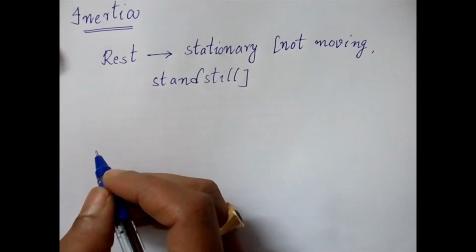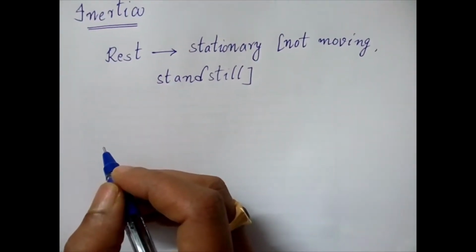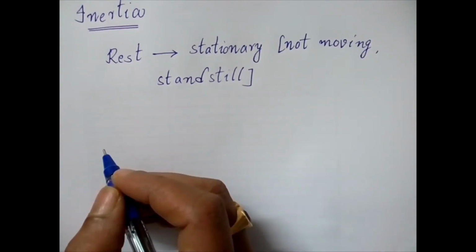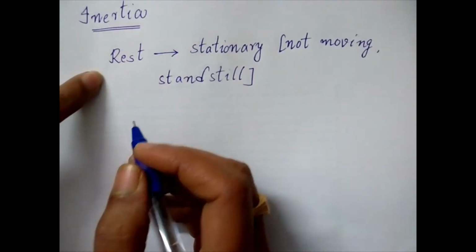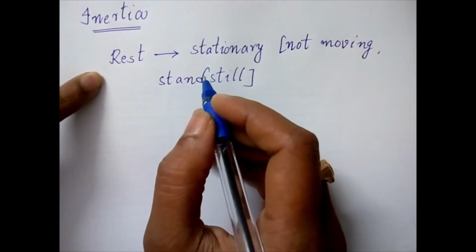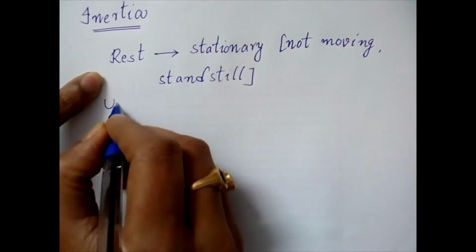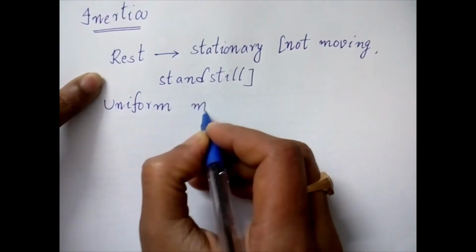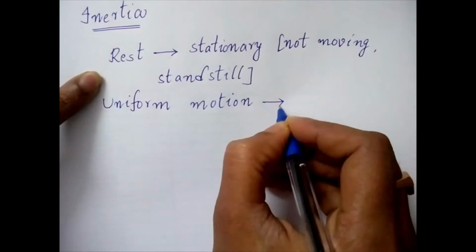We will discuss these topics in the motion chapter. Those who are studying class 9, in the first chapter, motion, you have already learnt this. Next time again I will teach you. Now I am just giving you that rest means stationary, the object is not moving. And uniform motion. Uniform motion means the object is moving now, but the